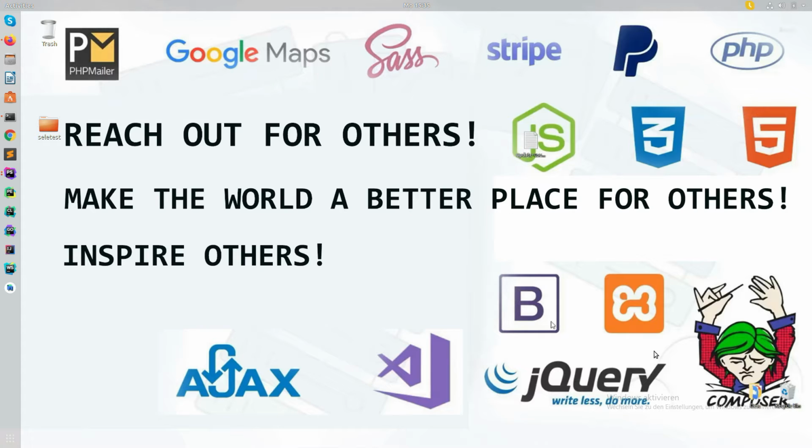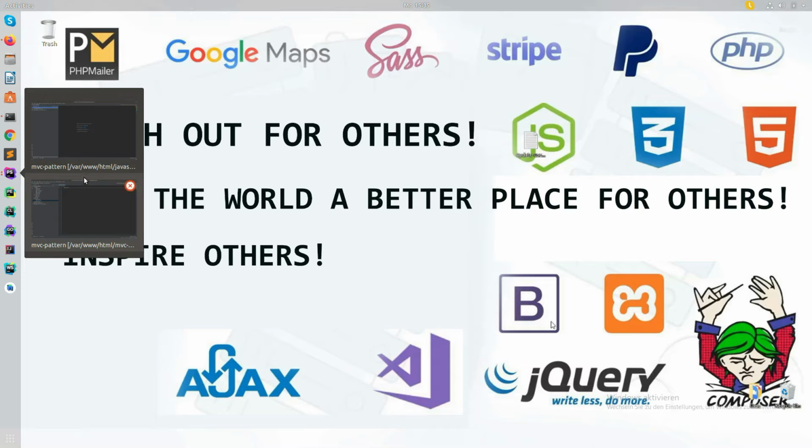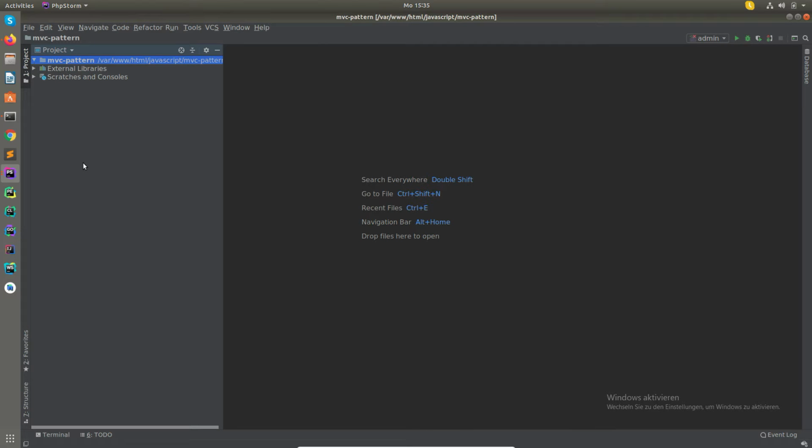MVC stands for Model, View, and Controller. It separates code that does things from code that displays things. I will be doing it step by step. I will talk about why the MVC pattern is recommended. I will set up my environment to develop on. I will then start with the MVC pattern itself, where I will create the controllers and router,